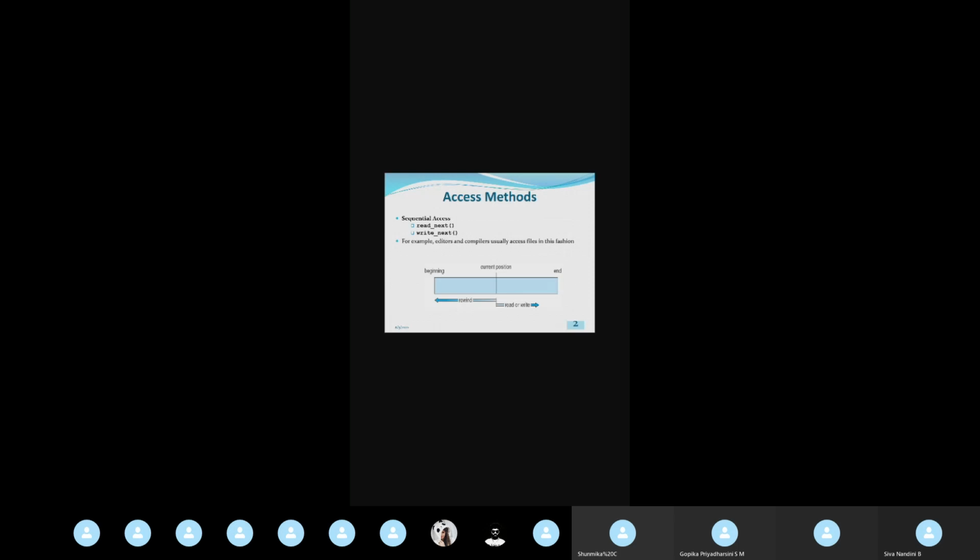Since 53 is in the middle, we can also traverse before this 53, that is 53 to 52, 51, 50, 49. Like that we can go in the reverse direction also. That is known as rewinding the disk storage. That is, from the current position we are going towards the beginning of the disk storage. That is the rewind option. Okay.